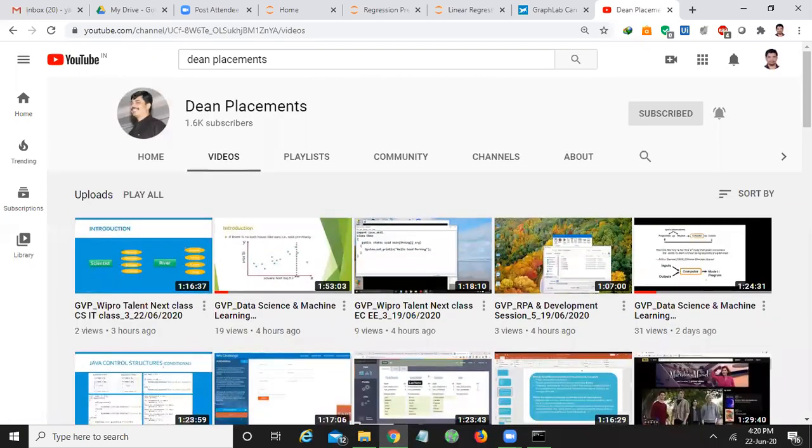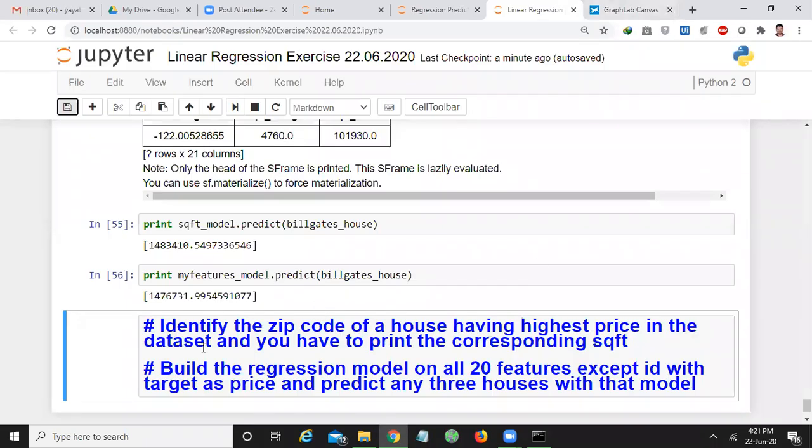Am I clear? We have a YouTube channel, Dean Placements, on YouTube. But only if you do this assignment can you have confidence that you have understood the linear regression model. Am I clear? Any doubts?